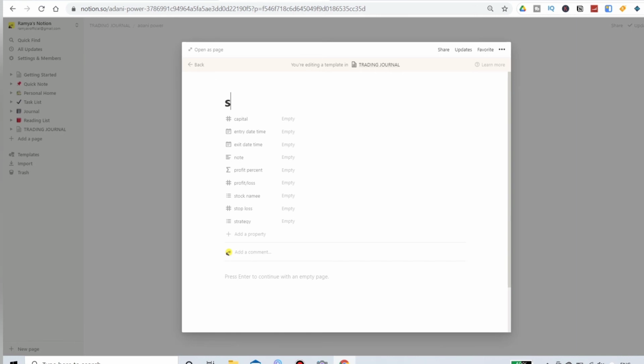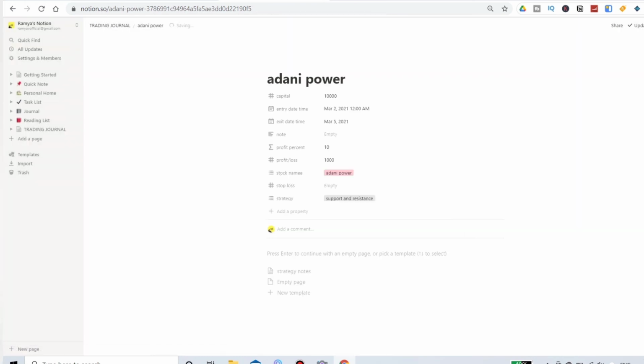This is a template form, so we'll name it strategy notes or something. So we'll have a checklist for 5 days or anything you want. For example, 1, 2, 3, 4, 5. So this will be a template.